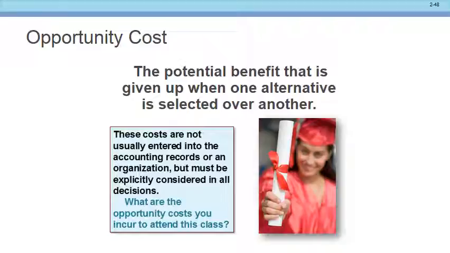Okay, so what happens? We have our opportunity cost. What is opportunity cost? You see this person with the graduation gown. Whether you know it or not, right now you are incurring an opportunity cost, because you could be out somewhere making a Hollywood movie and earning money. Instead, you've decided to spend your time sitting learning, and so you've lost the opportunity to star in that Hollywood movie right now, haven't you? So that's an opportunity cost, right?